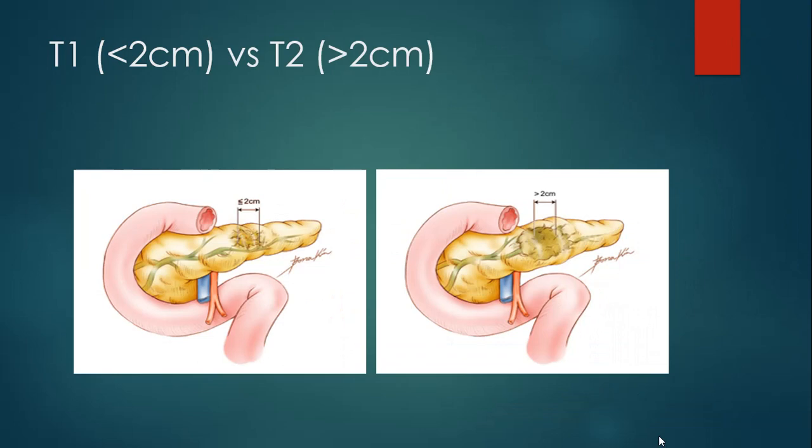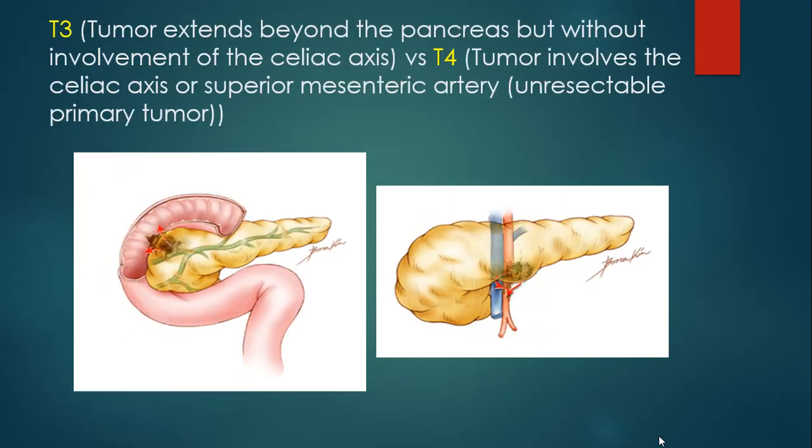So, therefore, tumor size matters in case of CA head of pancreas, where T1 are those tumors which are less than 2 centimeters, while if they are more than 2 centimeters, they are labeled as T2 tumors. Similarly, T3 and T4, the size does not matter in that case, and you can notice here that T3 tumors